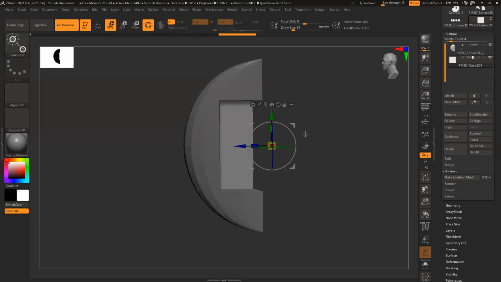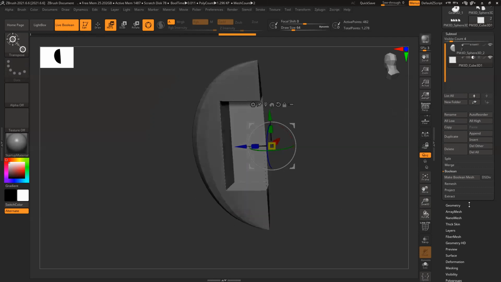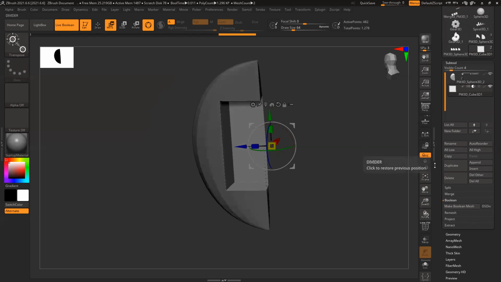It's just a preview. This is not your model. It's just a preview. So both the shapes exist, nothing changed. It's just giving a preview, like what if you boolean it, what is going to happen. So suppose I want to create this shape, so I have to click on this model, and same like merge visible, it will create a separate tool. Click on this,